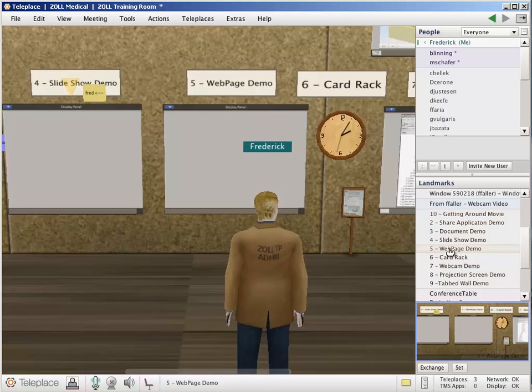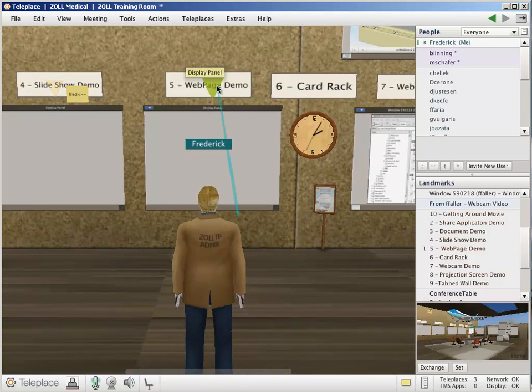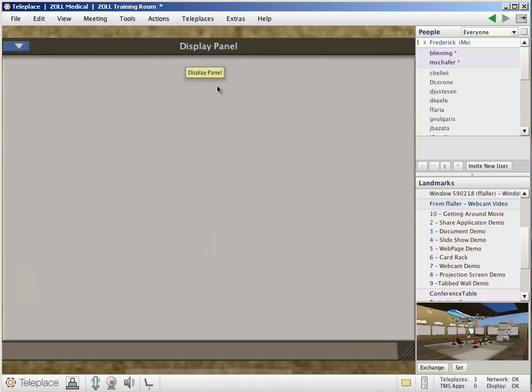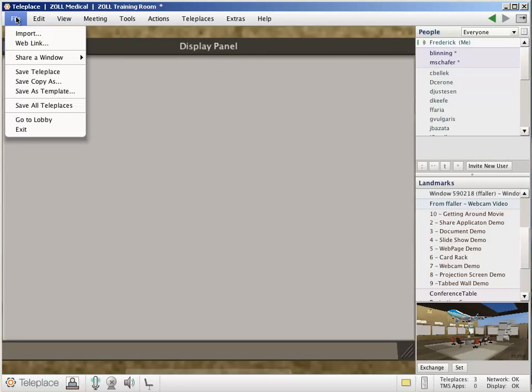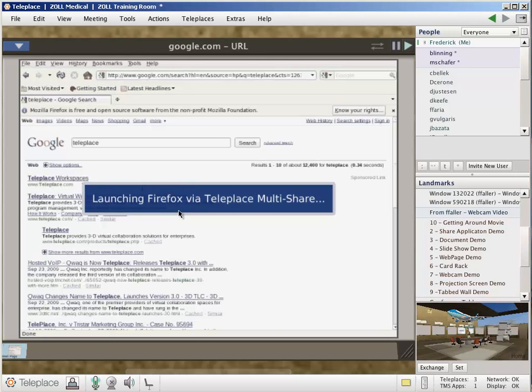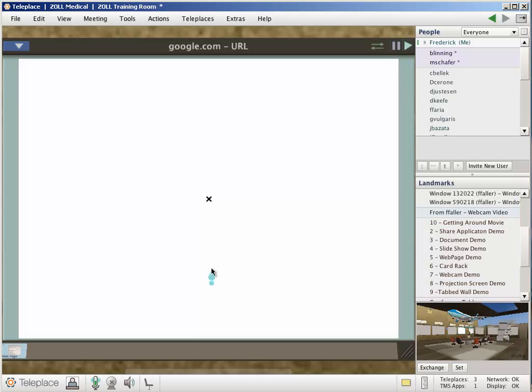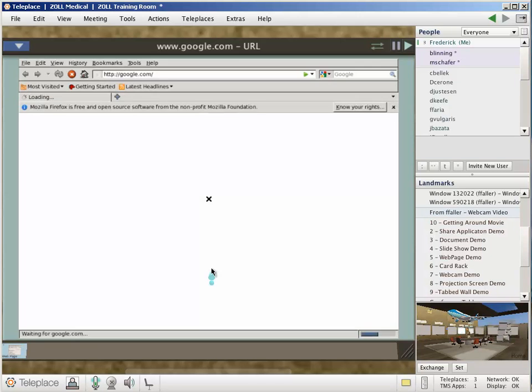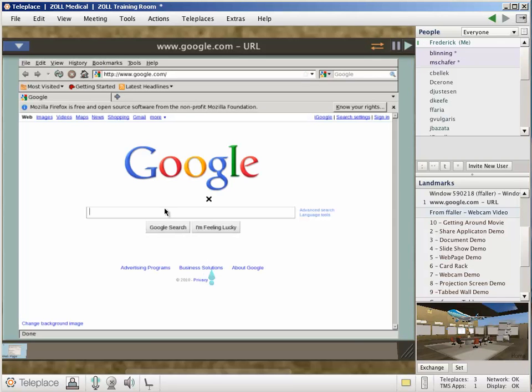Now, another thing you can do is open an active web page. To do that, you simply use the File menu and say you want a web link. That defaults to google.com. No partiality on my part. But this actually opens an active web page. So you can see here, when this page opens up, that I can type in here and search for